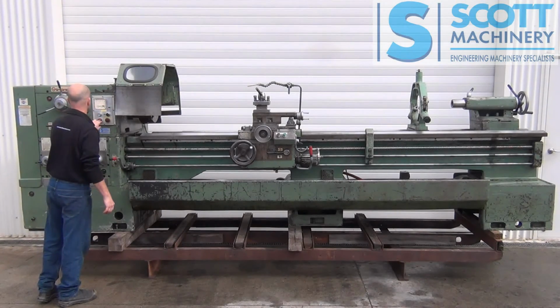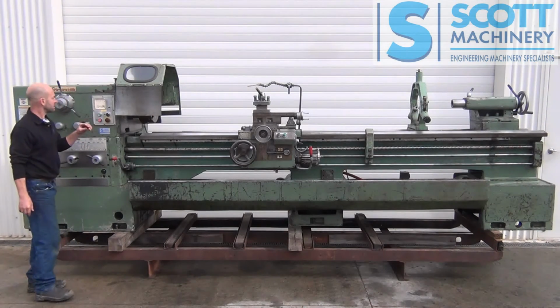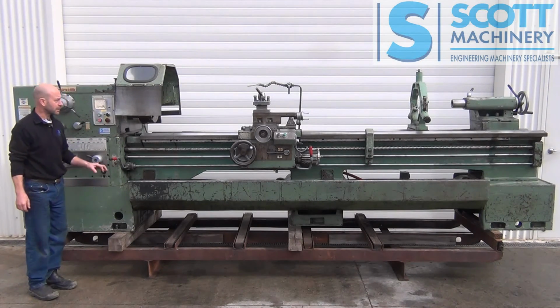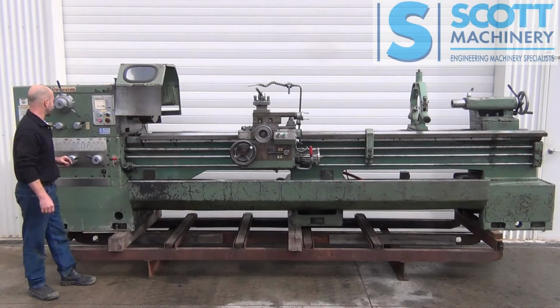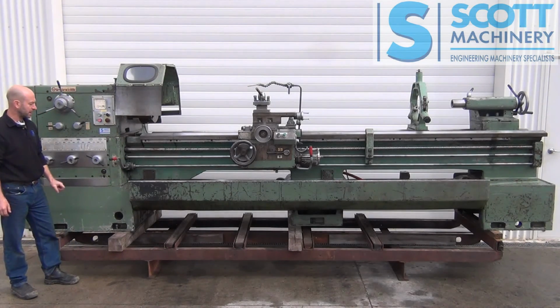There it is. It's nice to move through the range and nice and quiet through the gears. The neutral clutch works well, and yeah, it ticks over really nicely. So its features are it's really quite wide in the bed, heavy duty, it's got those rapids, it's got the camlock spindle, you know, everything ticks over nicely, and yeah, it's a good heavy